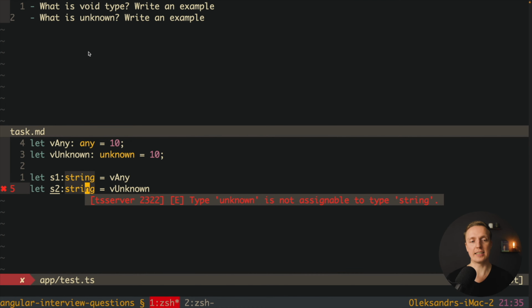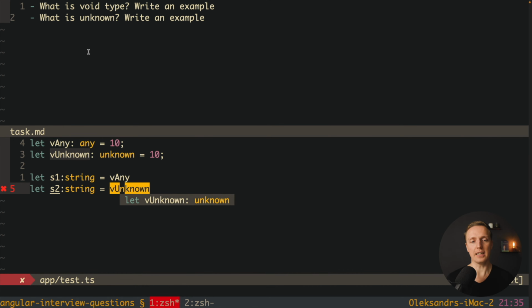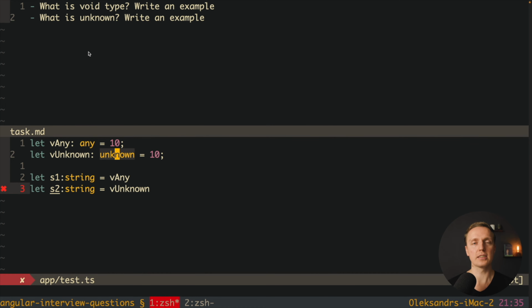In the second case, we are getting: type unknown is not assignable to type string. What does it mean? We have the property of type unknown, so we don't know the data type yet. We assigned a number, but we set the type unknown. And we want to use type unknown always instead of any. If we don't know what type it is, we should not write any, we should write unknown. The unknown data type was introduced in TypeScript 3, and I highly recommend you to use it if you are not sure what data type you have.